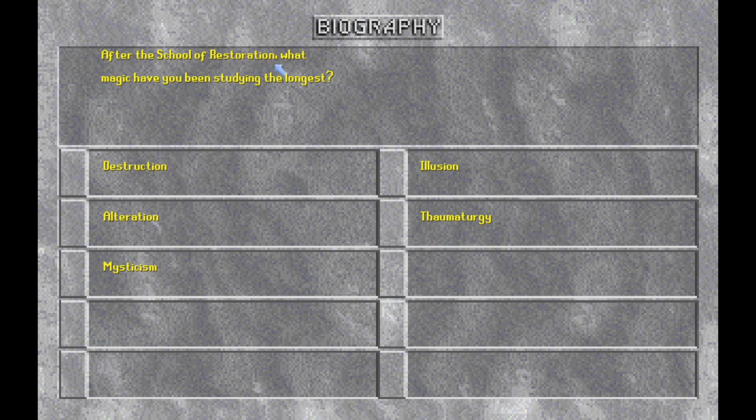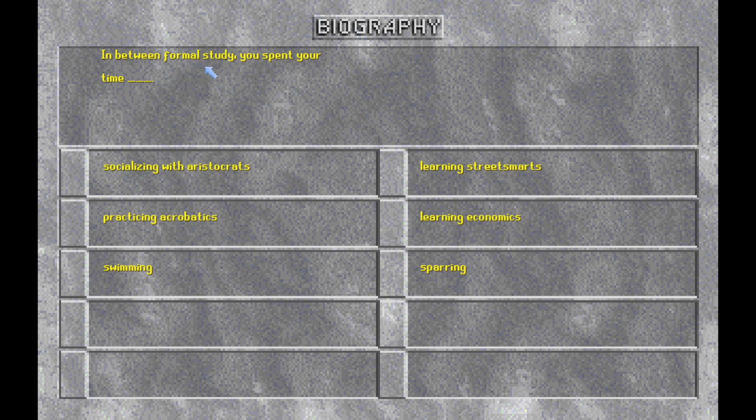After the School of Restoration, what magic have you been studying the longest? Well, that's destruction, because I put that in already. What motivates you into a life of adventure? Well, we already know that it's riches. It could be fame, but it's riches. We know that. In between formal study, you spent your time